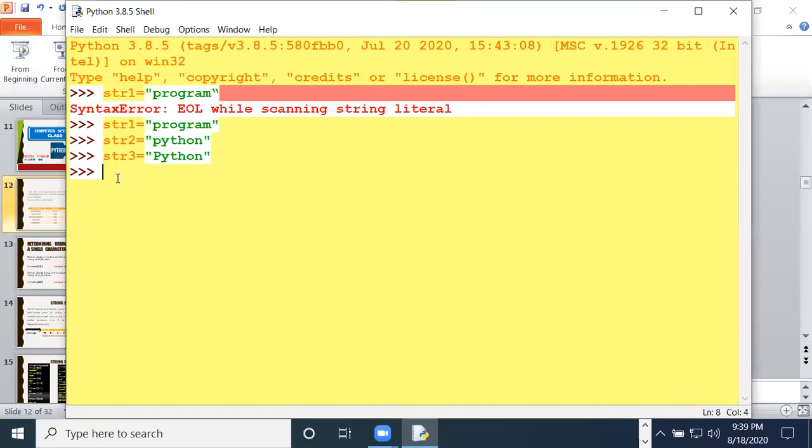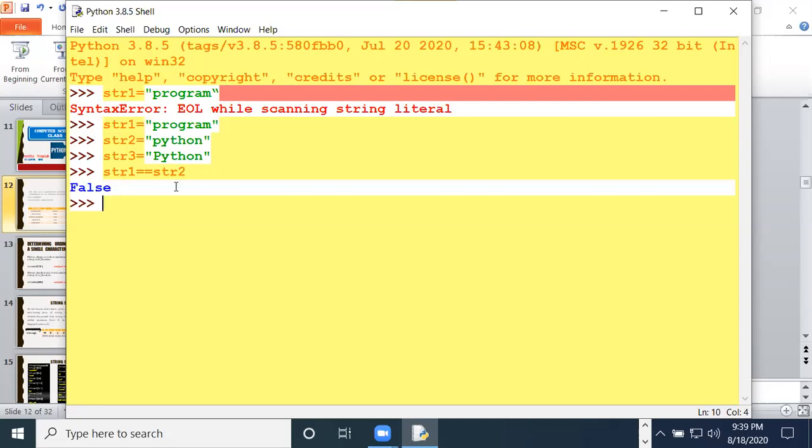Now I am writing str1 equal equal str2. Is str1 equal to str2? No, it is incorrect, so it will display false.